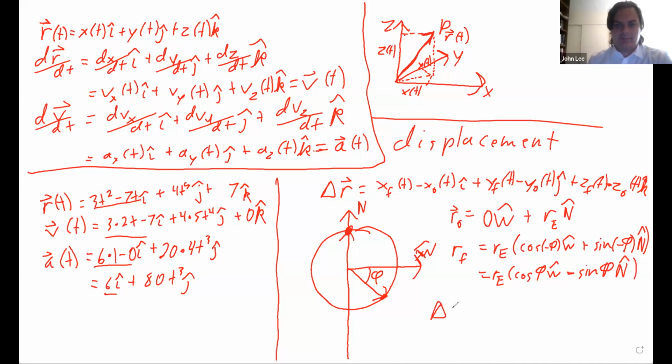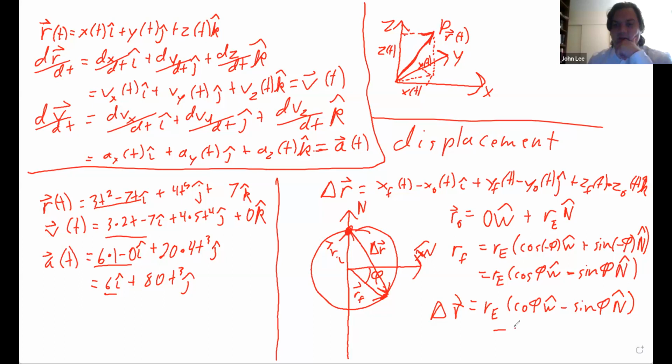So delta R is going to be equal to R_E times cosine phi west minus sine phi north